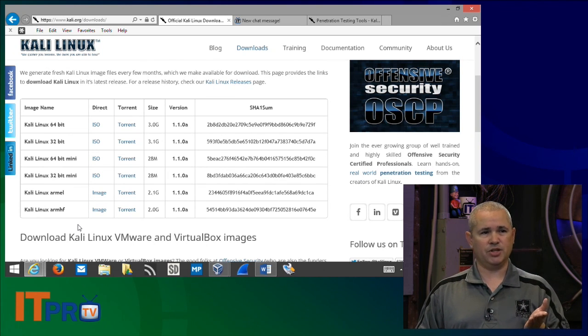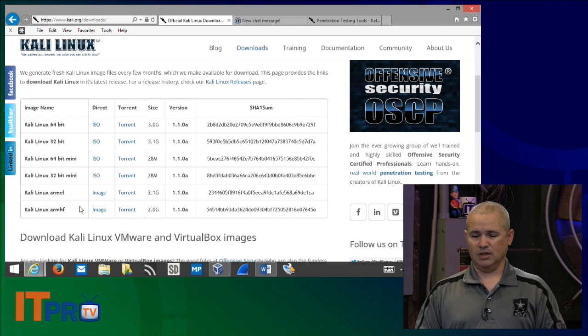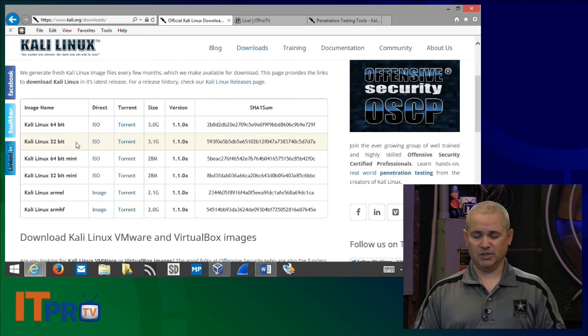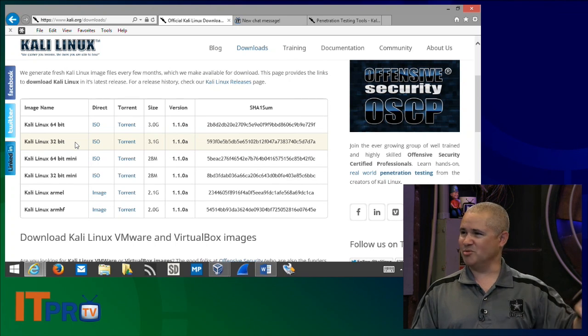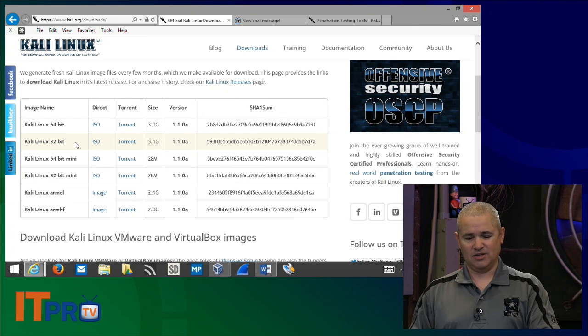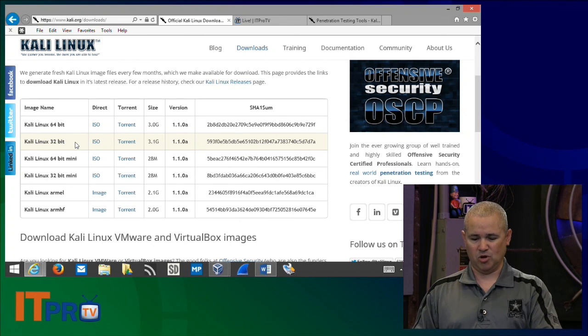What you want to pay attention to when you look at these is the fact that we do have a 64 and 32-bit version. You're going to need to pay attention to that based on what architecture you've got. If you have one or the other, you want to get the one that's appropriate for it. Other than one being 32, one being 64, as far as what we're talking about now, there's really no appreciable difference. And I know probably there's people in the chat room right now, and people that watch us later, that scream, going, "Hold on, there's differences." Didn't say there wasn't. I said there's no appreciable difference you need to worry about right now. Right. So you want to make sure you get the appropriate one.